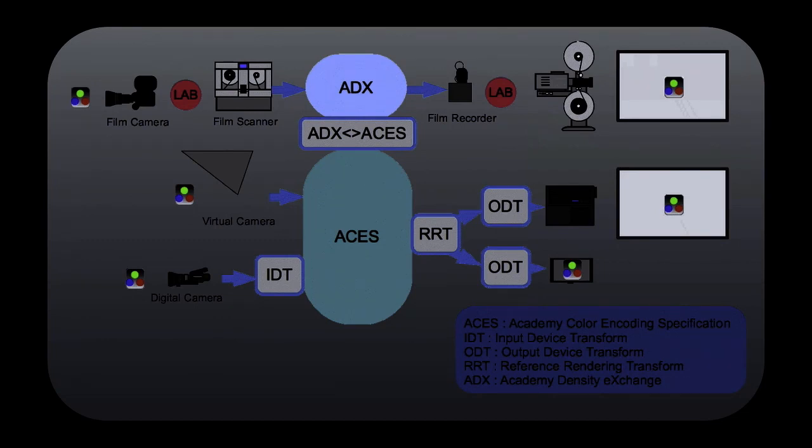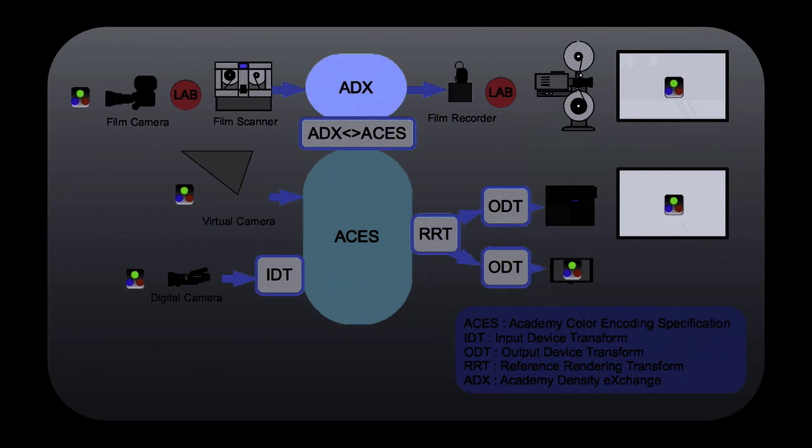Obviously not. The grading is still part of the process, and this actually can happen either in ACES or in another color space, but everything can connect through the ACES color space to be sure that at the end you have something that is fully compatible. So when you output an ACES file, these go through the RRT. So why is that important? Because now we have a common ACES color space